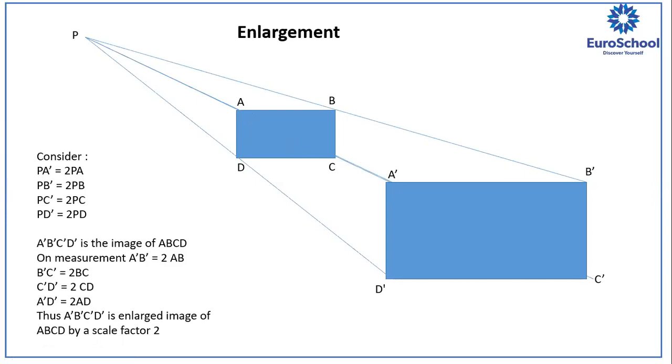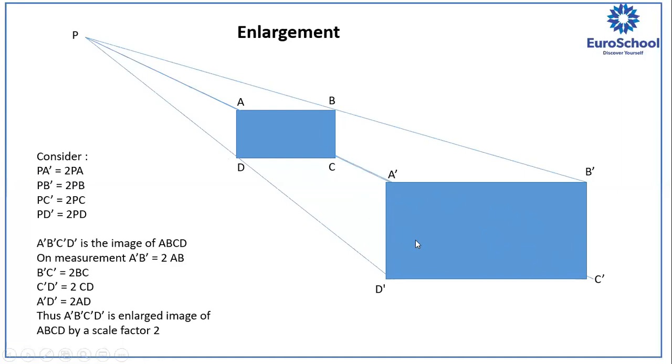Right? Now, I have done the same with all four vertices. With B, PB and PB dash. The relationship between PB and PB dash is that it's just twice of it. Same here, D and D dash, PD and PD dash. PD dash is twice of PD, and PC dash is twice of PC. Now, ABCD rectangle and A dash, B dash, C dash, D dash rectangle are similar to each other, right? They are not congruent, but they are similar. Now, when we say they are similar, they are enlarged by a scale factor of 2.